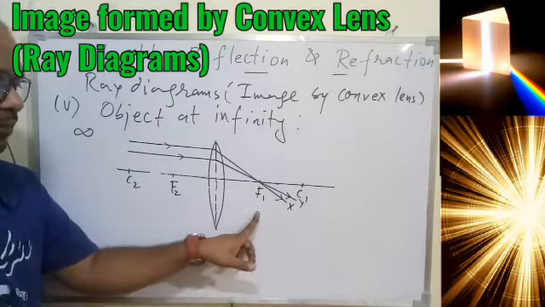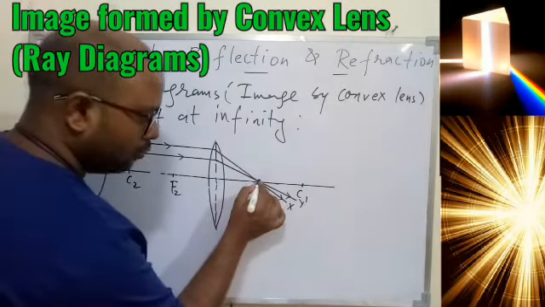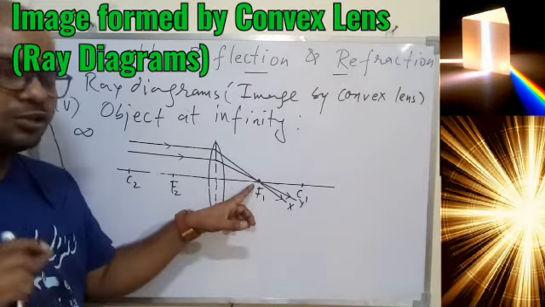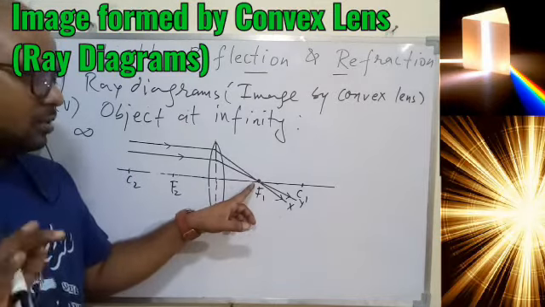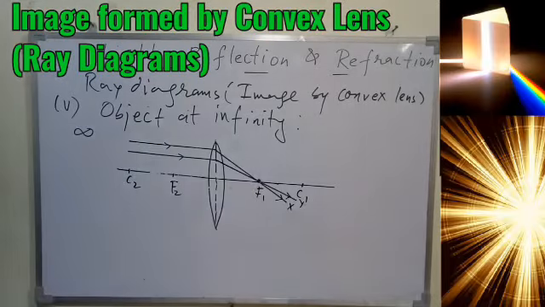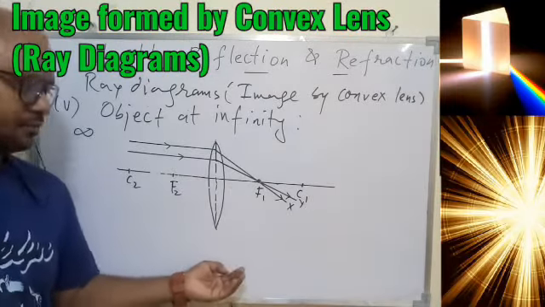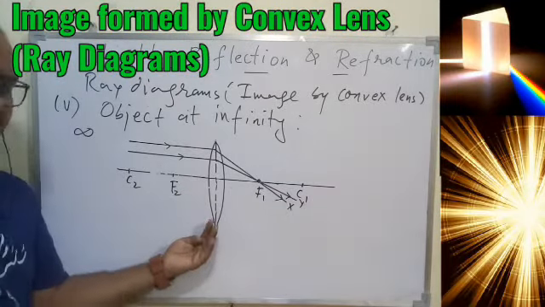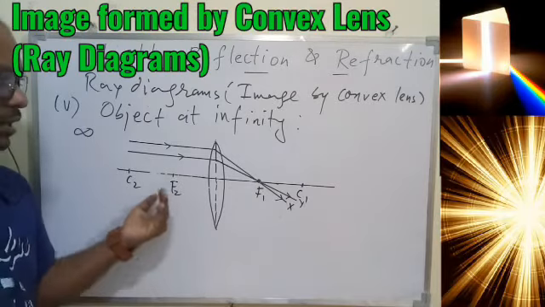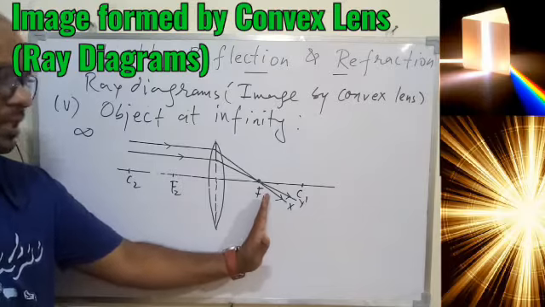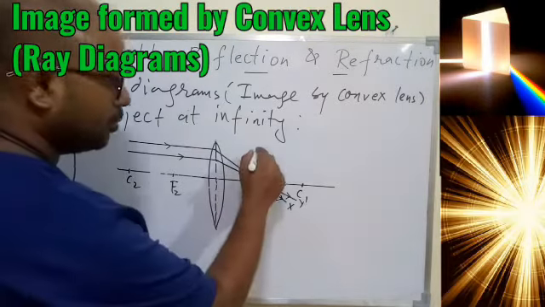You can see overall this point is showing you the image. So the size of the image will be very small, kind of point size, and that is the nature we have of a convex lens. And a very simple experiment can be done for this. If you place the magnifying glass, that is a convex lens, in the sun such that the sunlight will pass through it, and if you place a paper in front of the lens such that the paper will be placed here.